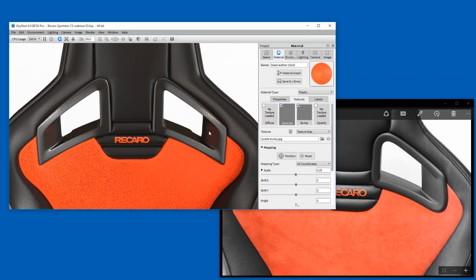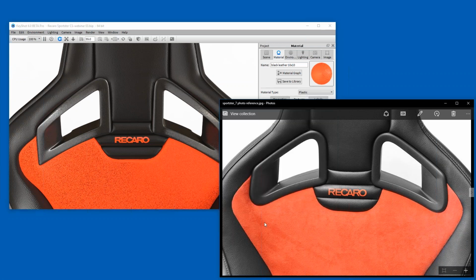The next thing I want to do is recreate these finger swipes that are happening in the suede that create different kinds of color textures here. And if I can create this suede modeling, I feel like if I can replicate that, it'll really push the realism of this scene. So what I did